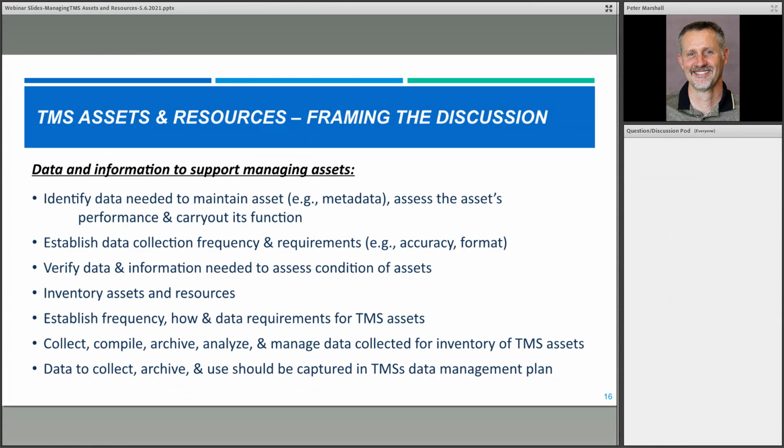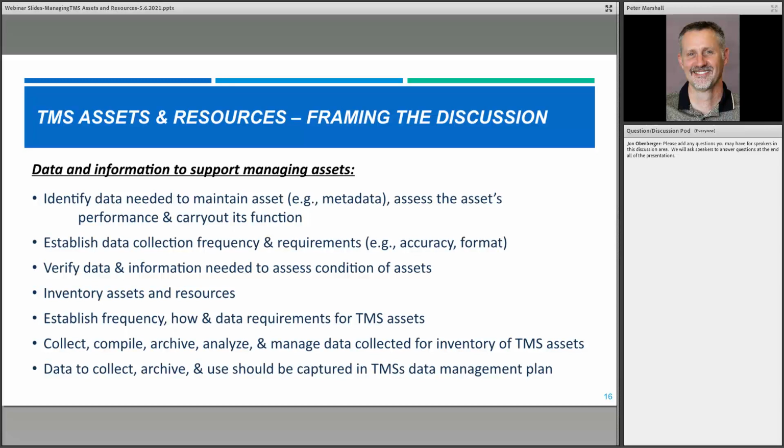So let's talk about the data and information necessary to support managing assets. For each asset type, a unique data set will need to be collected and maintained, and to get started, the following steps are probably needed. So for each asset type, identify the data needed to maintain the asset, assess the asset's performance, and carry out its function. Next, establish that data collection frequency and the requirements, for example, the accuracy or the format or the